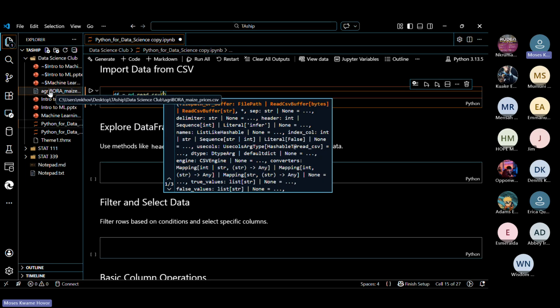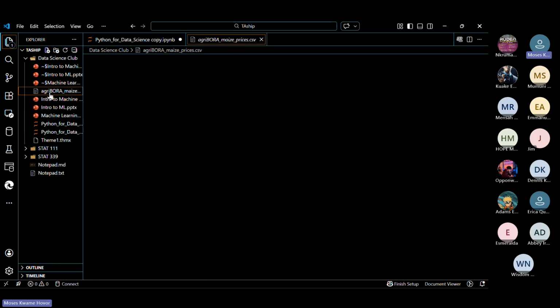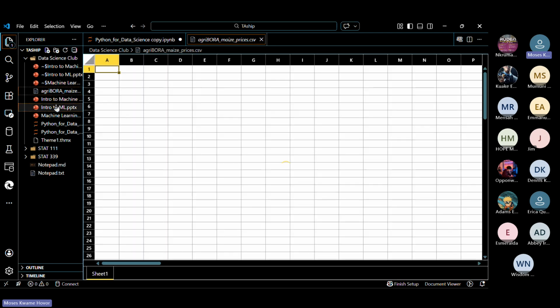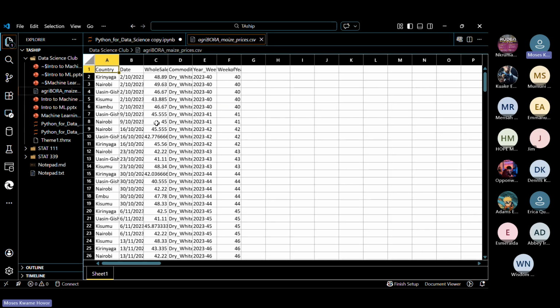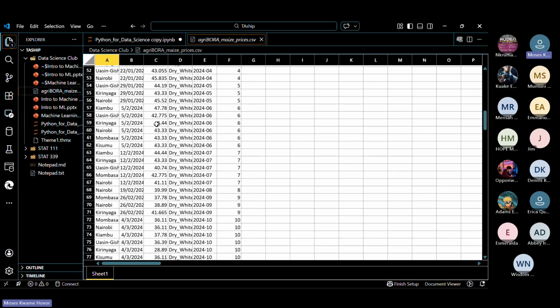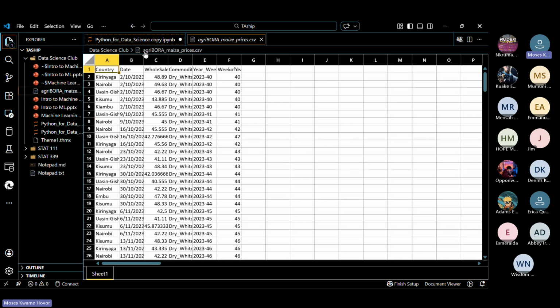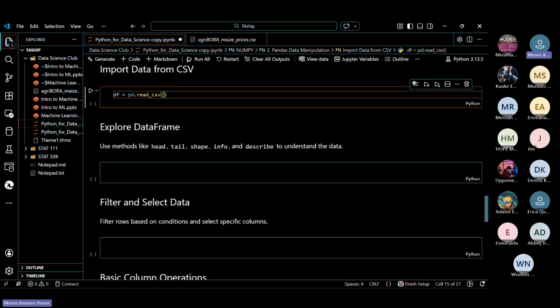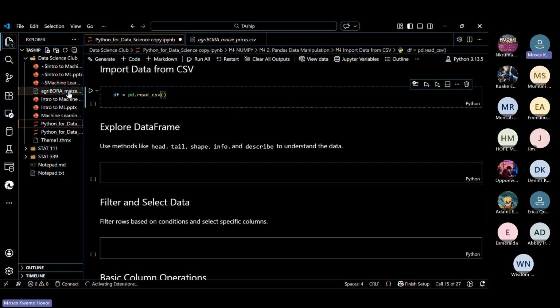You can see here that I have my data. This is my data. My data is in the same folder as my Python code. They are all in the same folder. For this reason, I can easily type the name of the file.